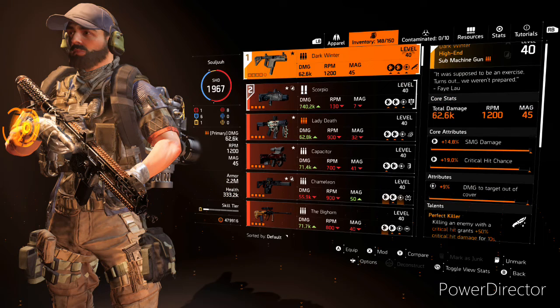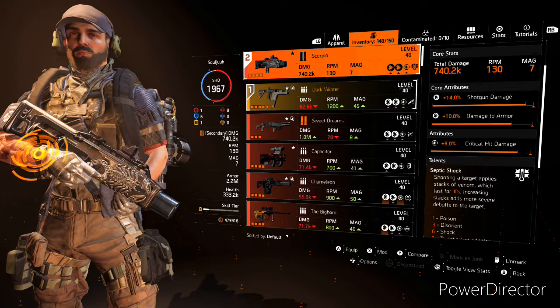For our primary, as mentioned, we are using the named Vector SMG, the Dark Winter. This thing has 1200 RPM, and I've got damage to targets out of cover in the third spot, and the talent is Perfect Killer, which says killing an enemy with a critical hit grants plus 50% critical hit damage for 10 seconds. On our secondary, I chose the Scorpio for obvious reasons. You can really run whatever you want here. I didn't use it a whole lot, but the Sweet Dreams or the Mop are also great options to run